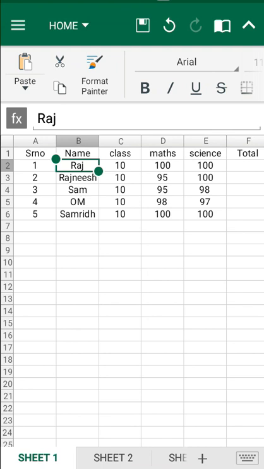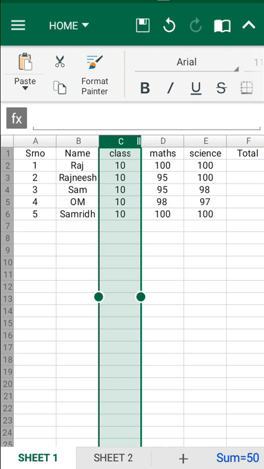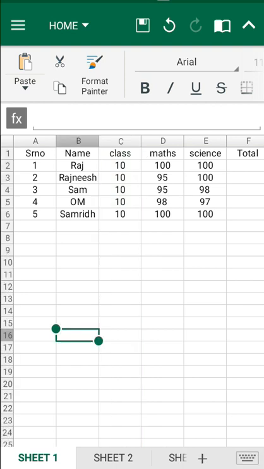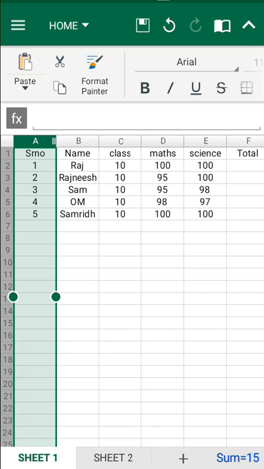Raj is in B2. So B2 denotes the cell address of Raj. If I highlight C, I have selected the entire column. So A is an entire column, 1, 2, 3 are rows, and A, B, C, D are columns.